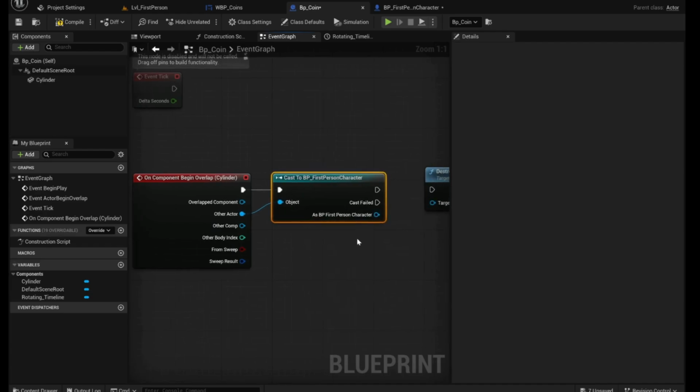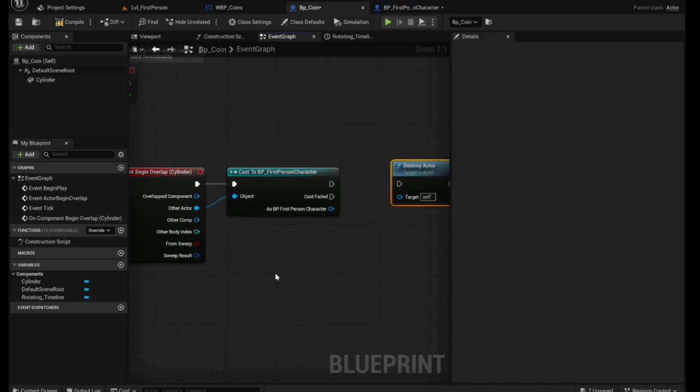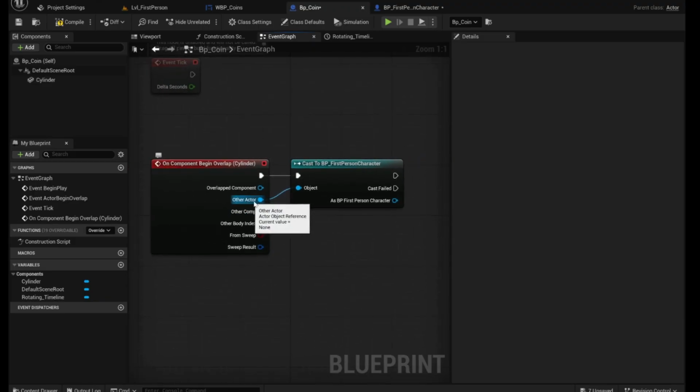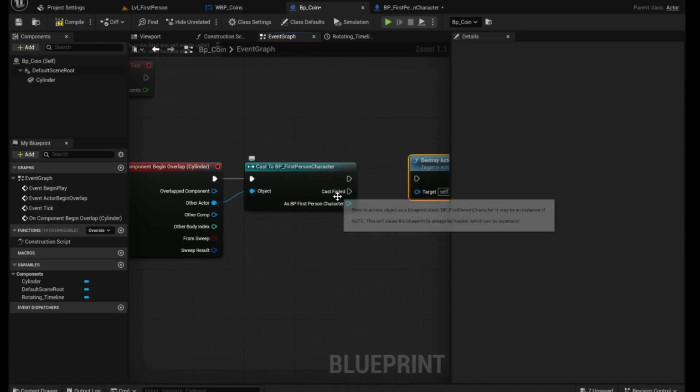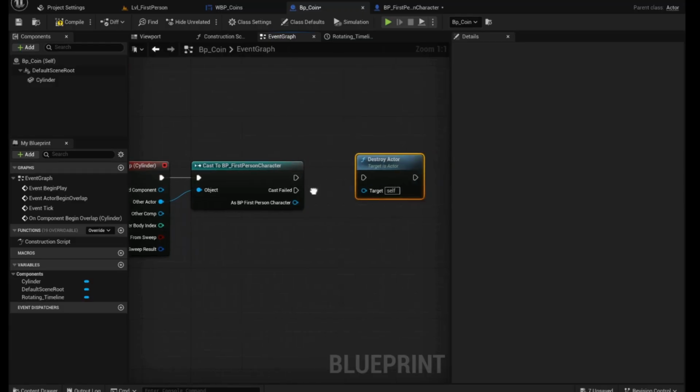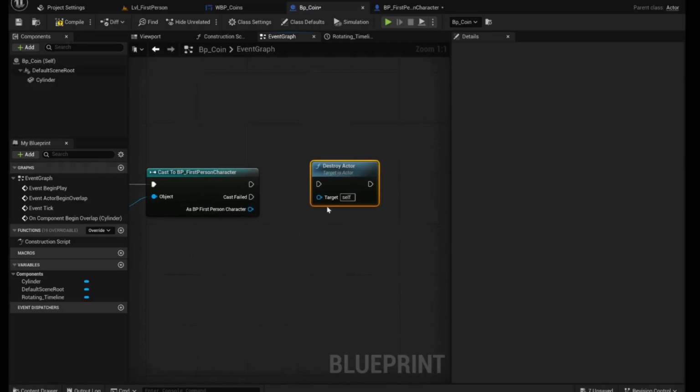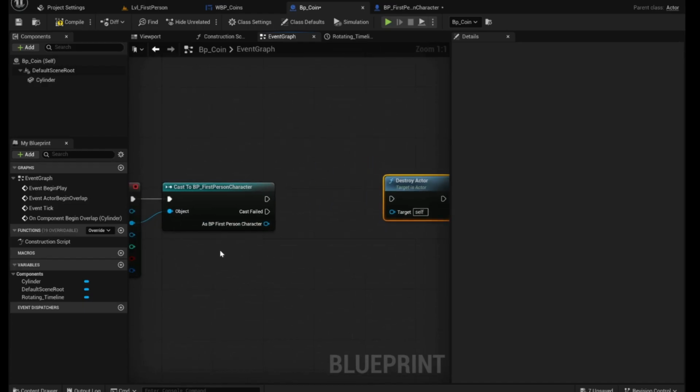This will act as a check. If the actor that collided with our coin is the first person character, this cast will succeed,